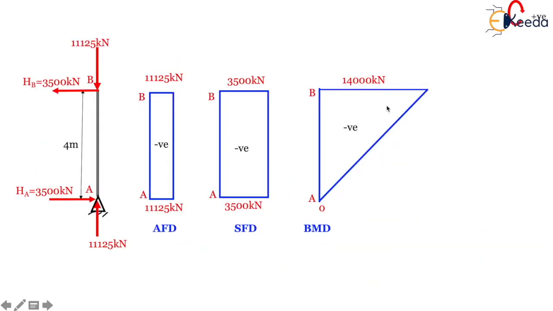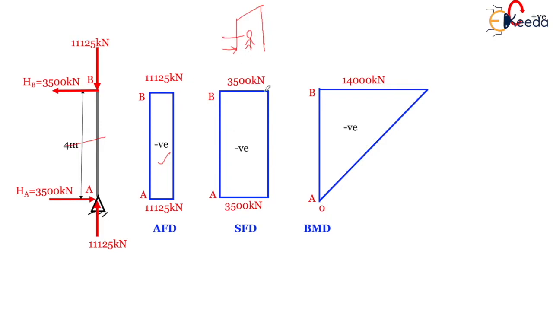So let us plot the axial force, shear force and bending moment diagram. So for this particular member, it's very simple. Because this is the axial force, so simply we'll write it on the negative side. So this is our frame. So when someone stands here, as per our sign convention, whatever negative forces we will plot inside and the positive we will plot outside. So this is, anyway, compression, so this is negative. Then this shear force also is negative, because when you stand here, okay, this force is coming down. So in this case this is negative.